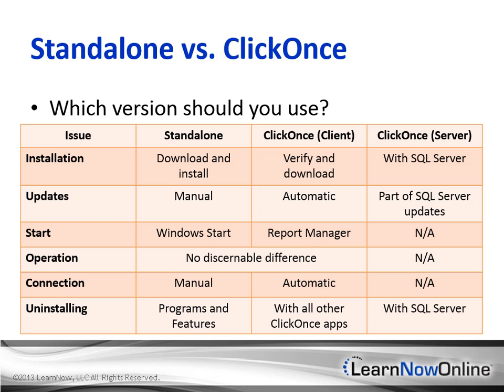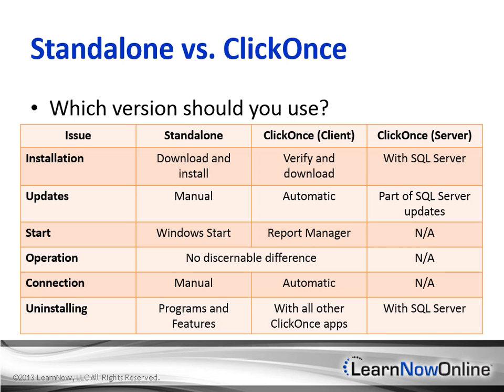As far as the connection, you have to create a manual connection. The Click Once version, another benefit of using that version is that Report Builder will automatically by default use a connection to that same report server that it downloaded that version of Report Builder from. So it saves you a little bit of a step. And then as far as uninstalling, standalone version again is uninstalled in Programs and Features just like any other Windows desktop application. Click Once, you uninstall the client version when you uninstall all Click Once applications. And then on the server, if you uninstall SQL Server from the server machine, then you'll uninstall the server version